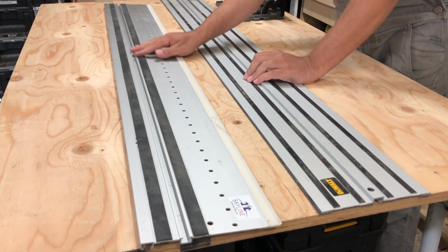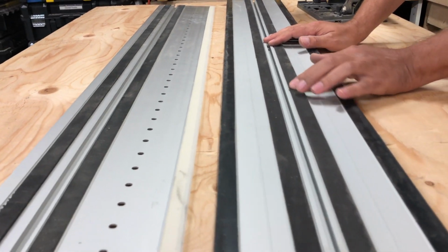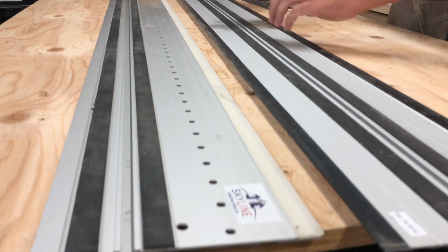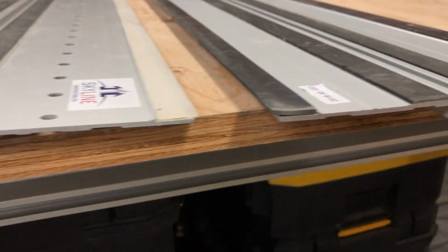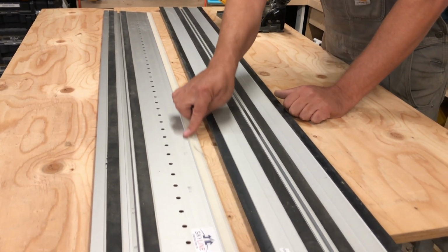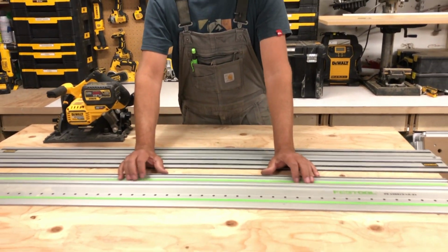Now, the reason why it's better is they've got this padding here, which I don't know what it is. It just feels like a foam. And Dewalt has one too, but theirs is just a little bit more slippery. And this one's also a little thicker, softer. So there's something in the properties here that makes this track stick a lot better than the Dewalt. Now, I've mentioned in the past, you know, tear this off and then go buy the Festool foam. I'm actually not sure if you can do that, but I would think you could. I mean, you can replace this strip, so I don't see why you couldn't replace this foam. I'm willing to bet you can. So that's reason number one why I prefer the Festool track